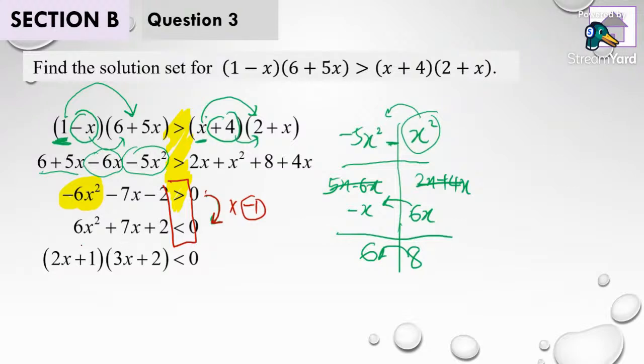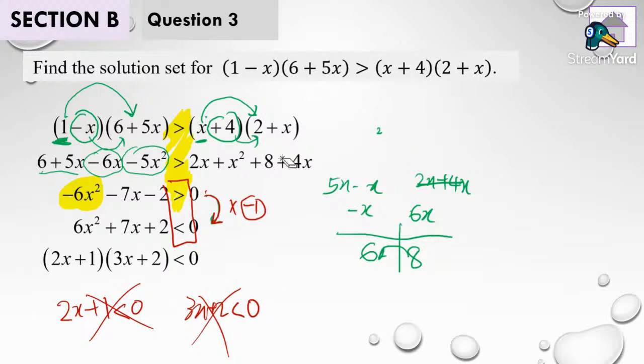Continue. Watch out. Please never ever do something like this. You write 2x plus 1 less than 0, and then 3x plus 2 less than 0 for further calculation. This is not proper. Because the technique we learn here in our syllabus, we learn to simply solve it by using the graphical method. The graphical method does not require this type of step, and this type of step is not relevant in the graphical method.